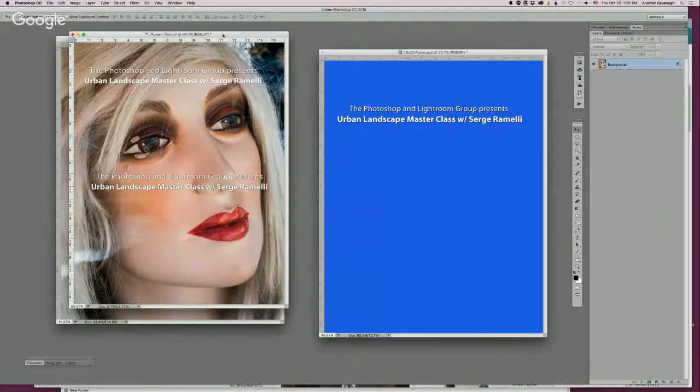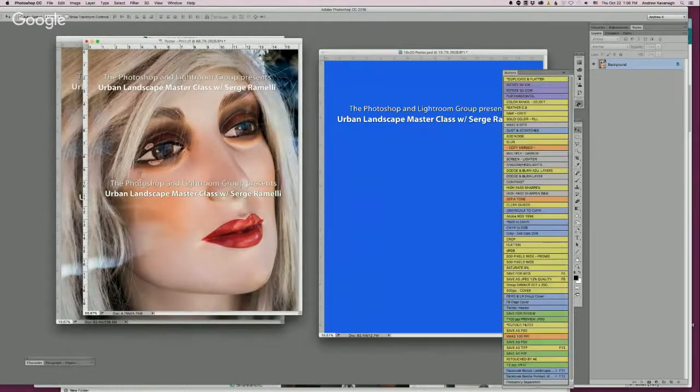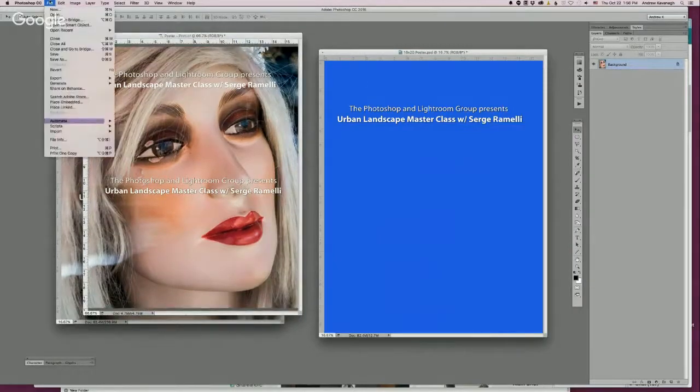So what I tend to do whenever I'm saving for web, I've set up some actions. So in the future, I can give you these if you want. So you'll be able to do all these at a click of a button. But I have one that can go to saving as a JPEG. So the direct way of doing that is,